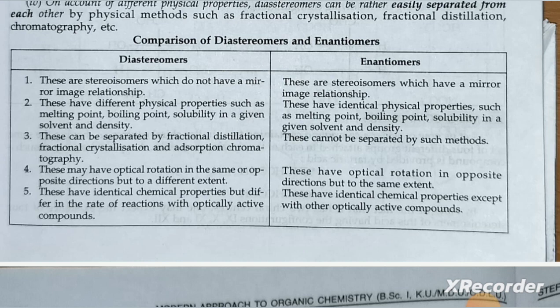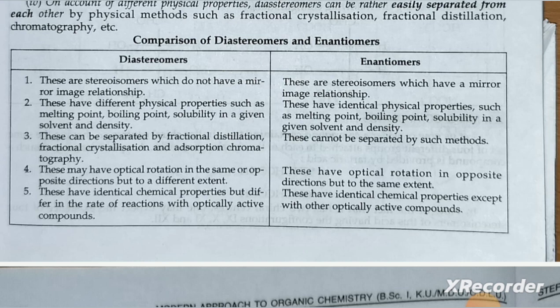Second, diastereomers have different physical properties such as melting point, boiling point, solubility in a given solvent and density, whereas enantiomers have identical physical properties such as melting point, boiling point, solubility in a given solvent and density. Third, diastereomers can be separated by fractional distillation, fractional crystallization and adsorption chromatography, whereas enantiomers cannot be separated by